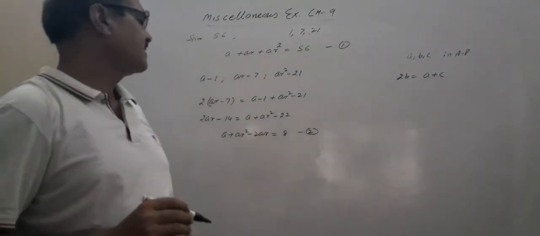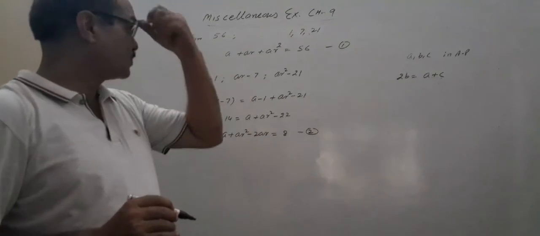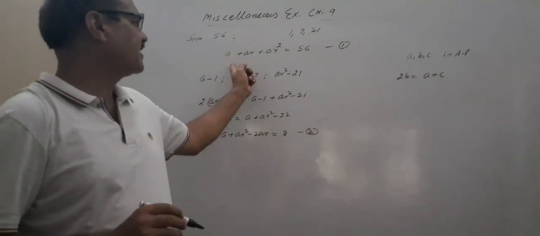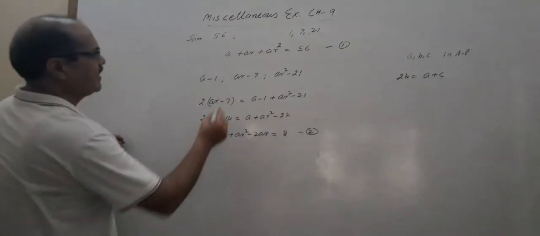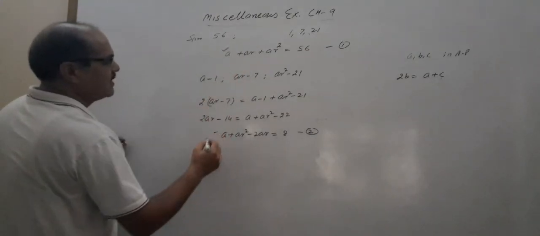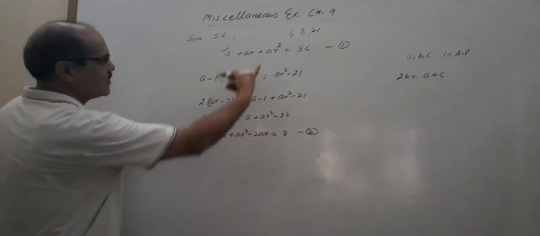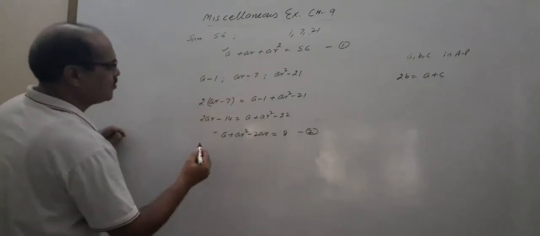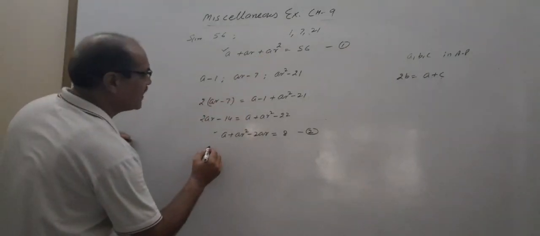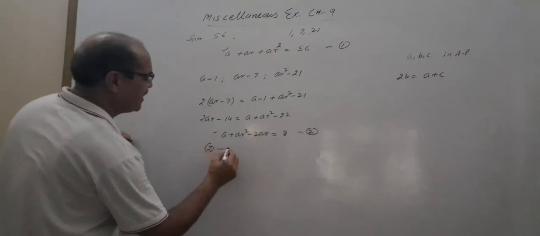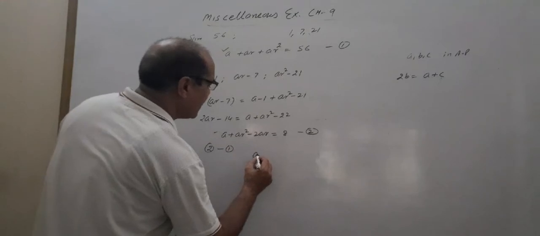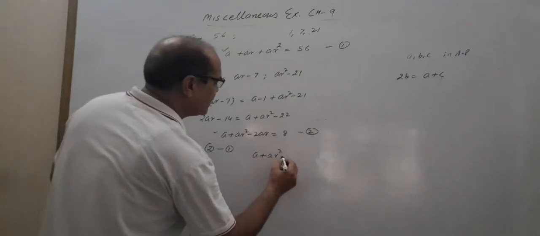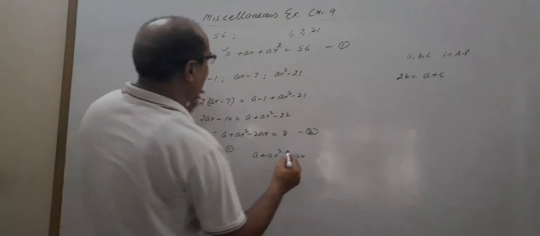Now our problem is to solve these two equations, get the value of R and substitute to get A. After getting A and R, substitute the values and get the numbers. So therefore अब मैं इनको सॉल्व करूंगा. नंबर 1 और नंबर 2 में अगर देखें तो AR स्क्वायर प्लस माइनस है, A प्लस माइनस है, तो मैं क्या करूंगा, सब्ट्रैक्टिंग. तो लिखो बेटा, that is second minus first. मैं second में से first को subtract करता हूँ तो this becomes A plus AR square minus 2AR in the left hand side